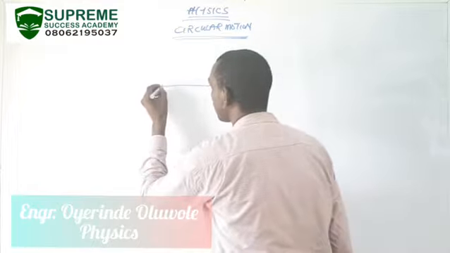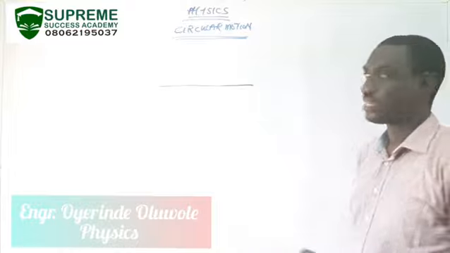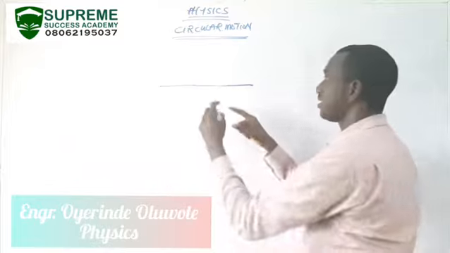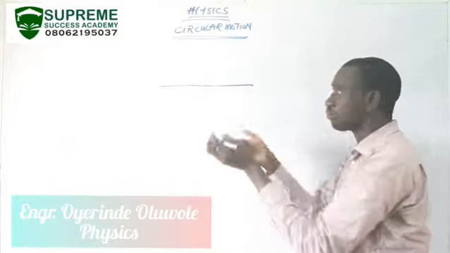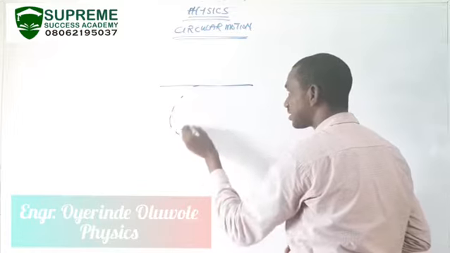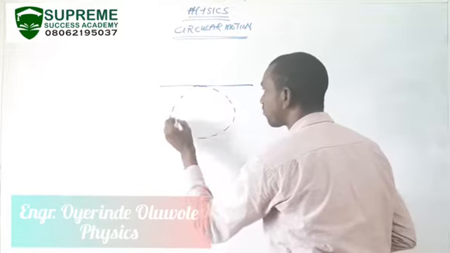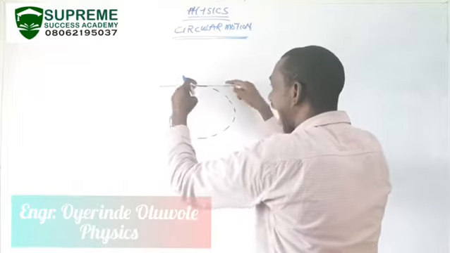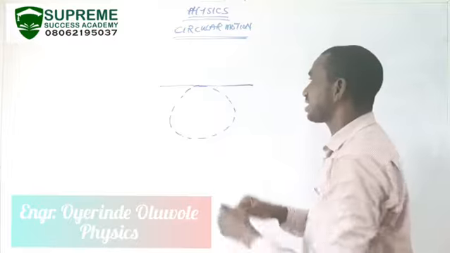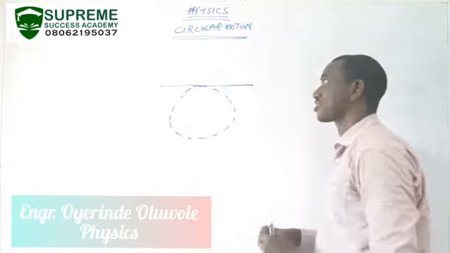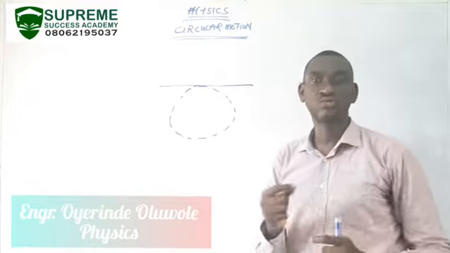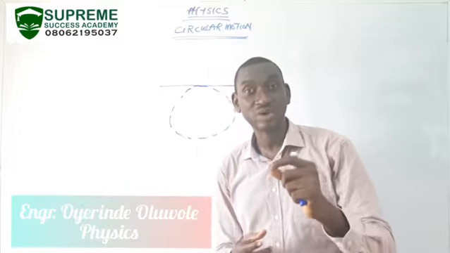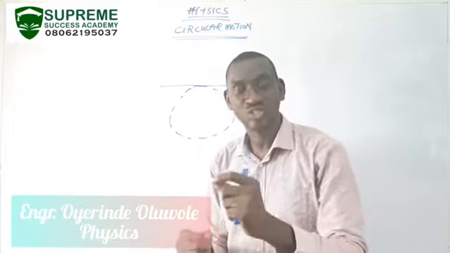I said linear motion is the motion of an object in a straight line. So imagine this is a straight rope that represents a straight line. Then try to fold your rope to form a circumference. So we said that this rope is now in an angular direction instead of what? A linear direction. So circular motion is the motion of an object in a circular path in which the velocity remains constant as the direction continually changes.